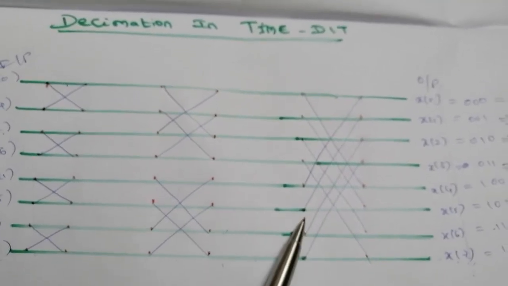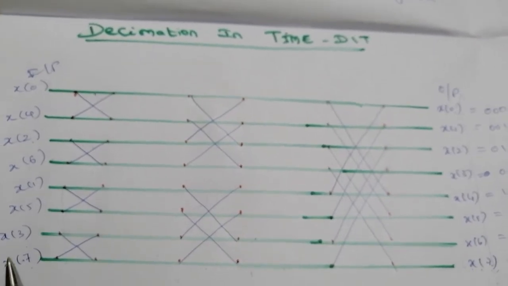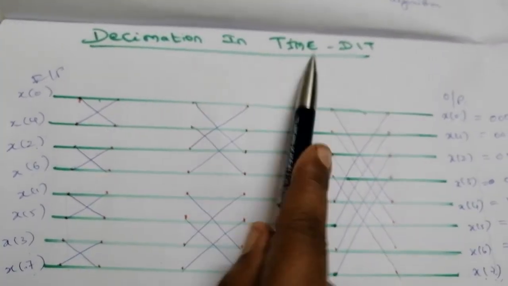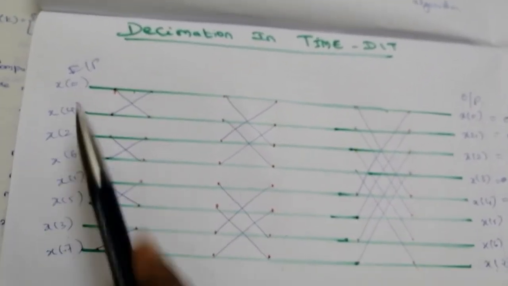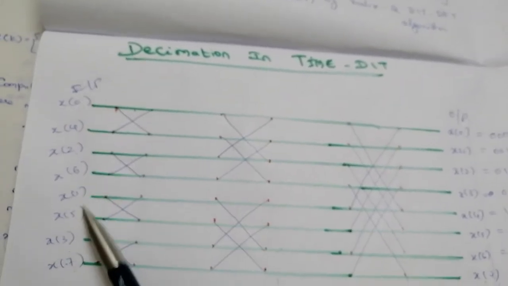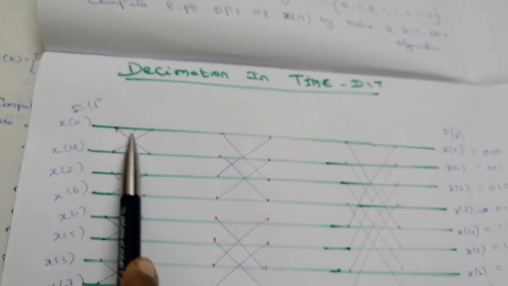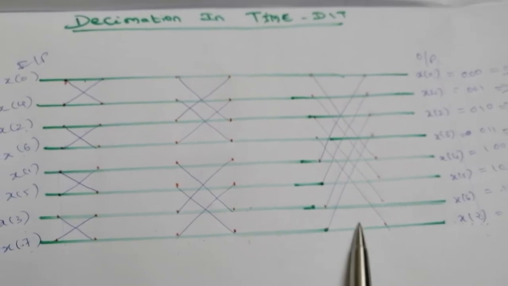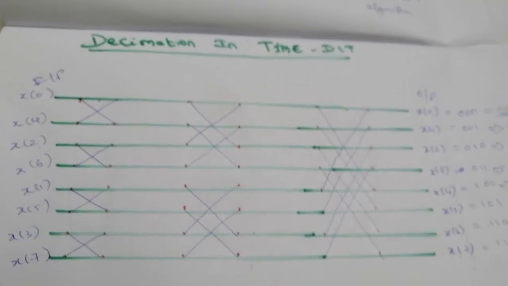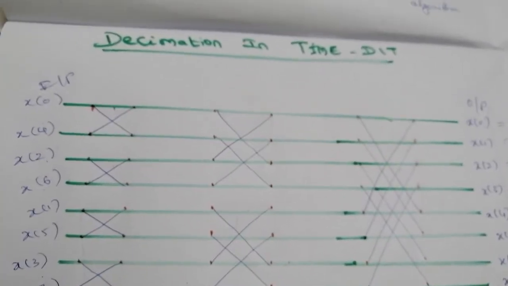So this is the second step. The first step is to draw the 8 parallel lines and set the input and output sequence order. For decimation in time, the RHS output side is normal order and the LHS input side is bit reversal order. That is, the first 4 lines are even lines and the next 4 lines are odd lines. The order should be 0426 and 1537. The second step: the first stage combines 2 lines, the second stage combines 4 lines, the third stage combines all 8 lines. Is it clear?